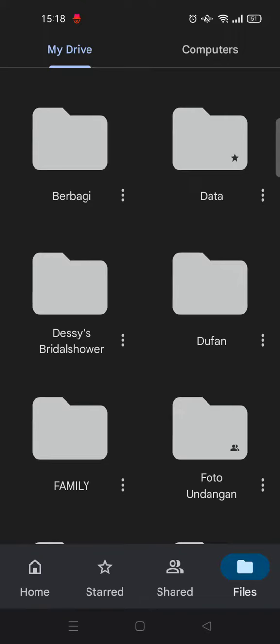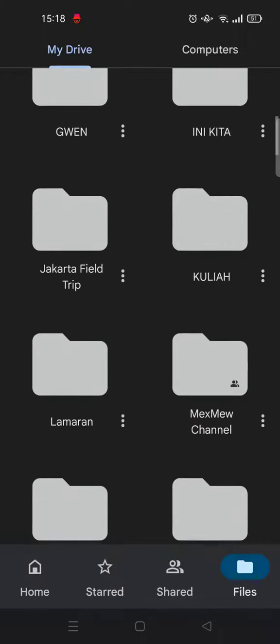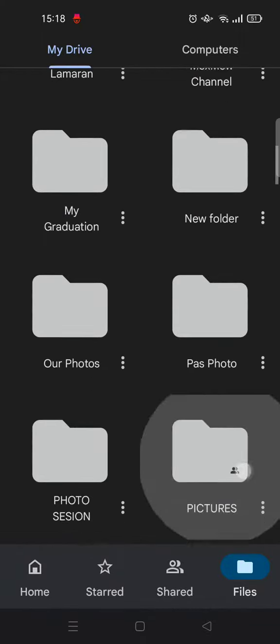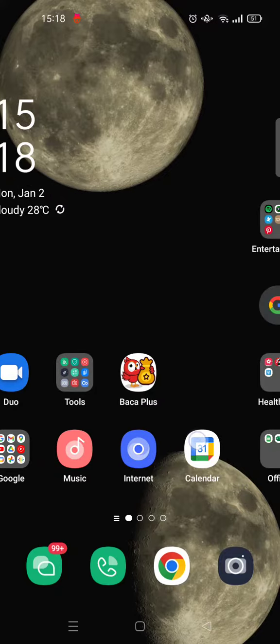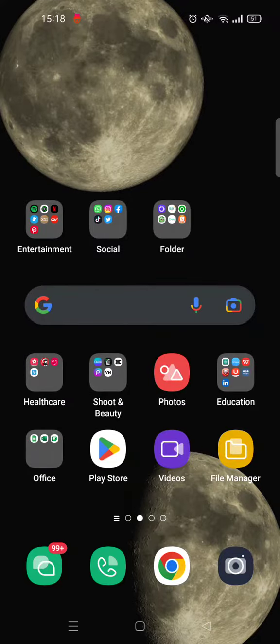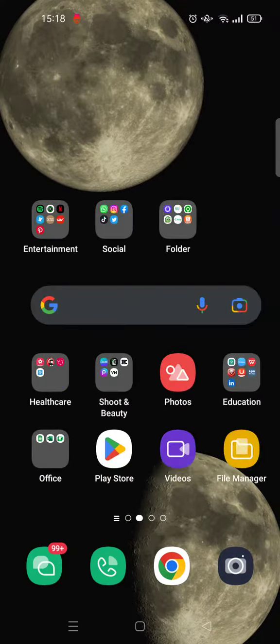On today's video, I'm gonna show you the easy steps to install the Google Docs app on your phone. So if you use Google Docs, you probably knew that you can open Google Docs files on Google Drive. But if you want, you can also install the Google Docs app itself on your phone, and here is how to do that. So first, on your phone, just go to the Play Store